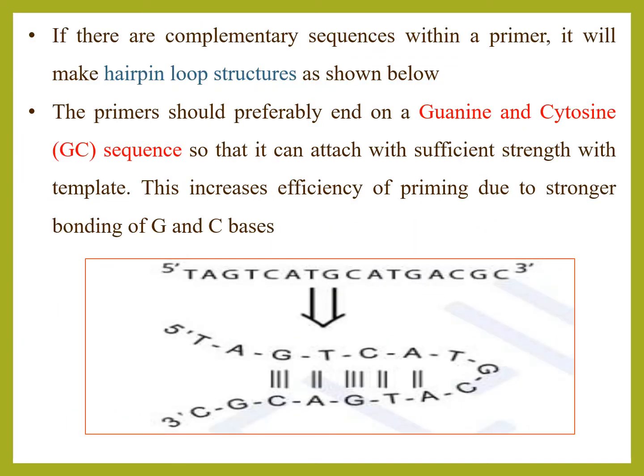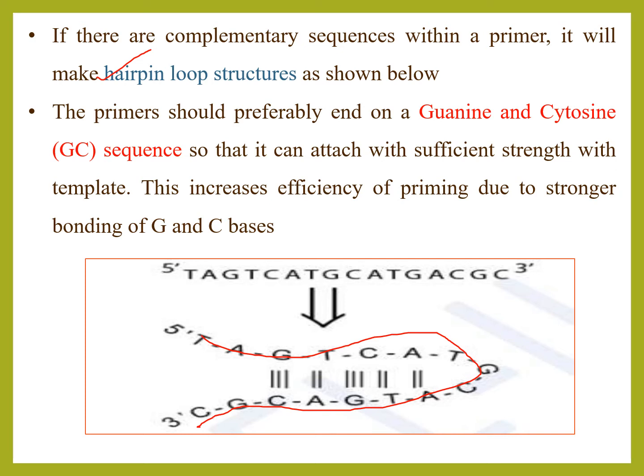And if there is a complementary sequence within a primer, that means in a forward primer or reverse primer, whichever it may be, then it will lead to formation of a hairpin loop structure. Here you can see in the picture, if you take this forward primer and there is a complementary nature, it will bind like this, because here GC there is a complementarity and TA there is a complementarity, and it will give a hairpin loop structure. So again this primer is not available for the synthesis of a new strand. So we have to take care about this complementary nature between the primers and within the primer while designing these primers.